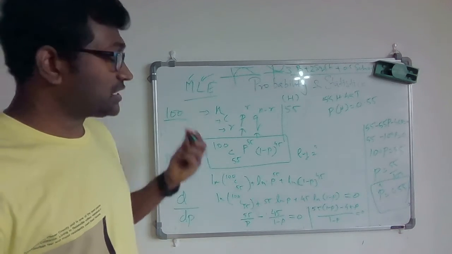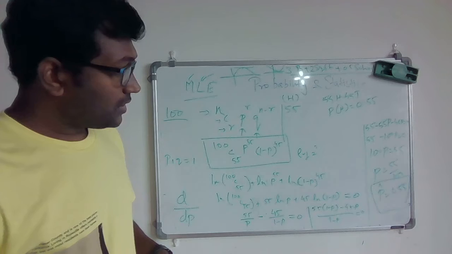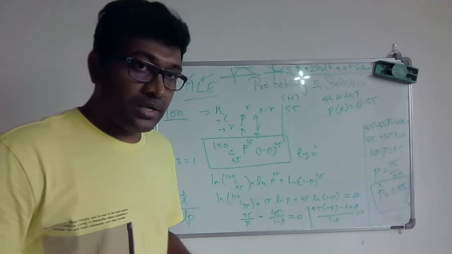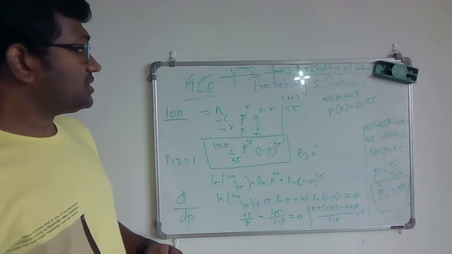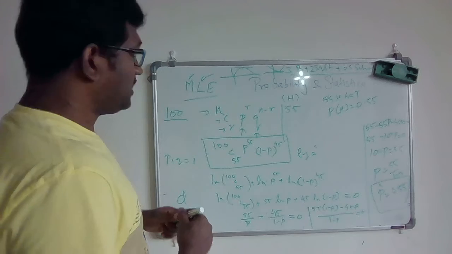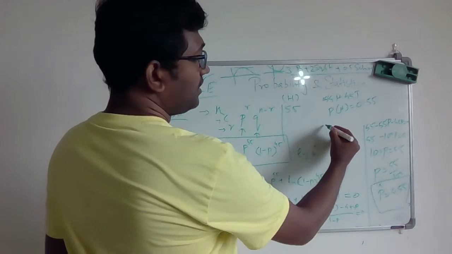This is what you call maximum likelihood, and this is a very important process in trying to estimate probabilities. Let's assume that you have a different problem. Let's say you have data like